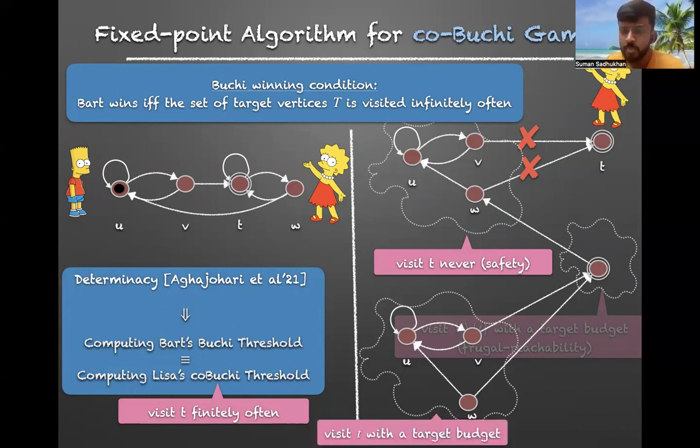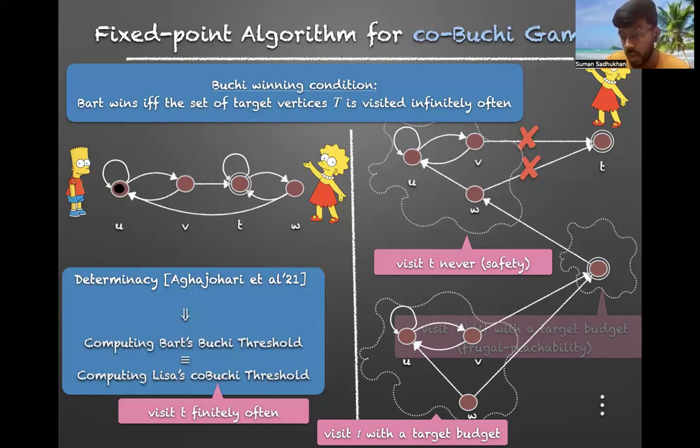And so on. So in some sense, the first threshold budget that I computed, the first game, with that budget, Lisa ensures that T is never visited. The second budget, I ensure that the game starts from T, but she can ensure that the game never visits T anymore. And in the third game, the budget that we compute is the budget by which Lisa can ensure that T is visited only once. That is this one, and never again.